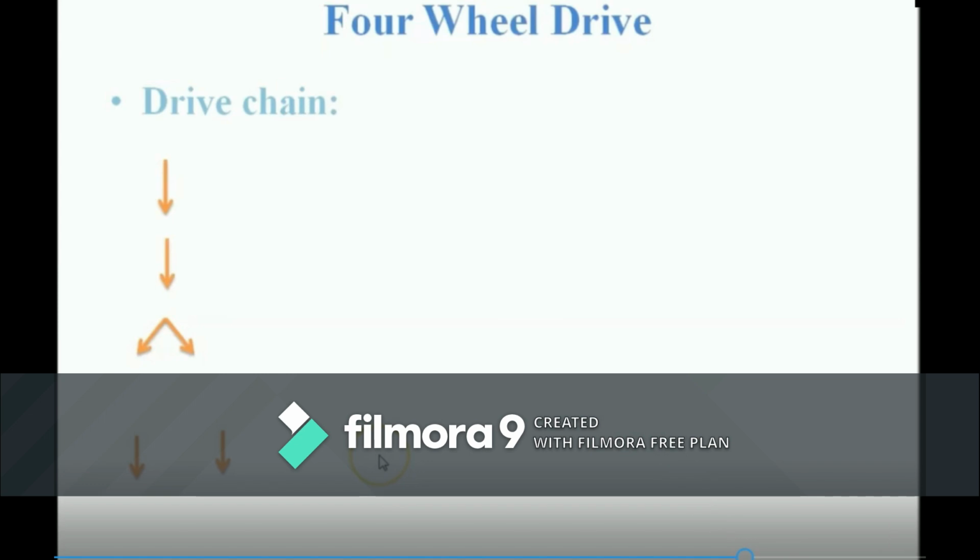The next type is the four-wheel drive. It is observed that when the vehicle is driving on an uneven surface, an automobile with a conventional layout gets stuck in a pothole. So it becomes difficult for the driver to get the automobile out of the pothole. To provide better drive and traction on all four wheels of the vehicle, there is a need for the four-wheel drive.